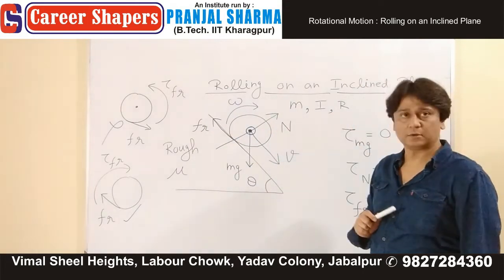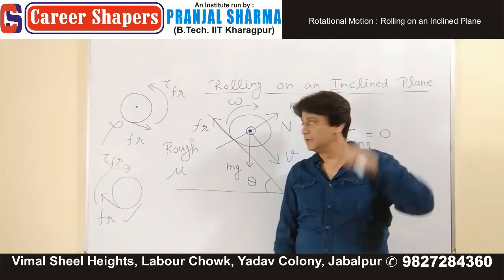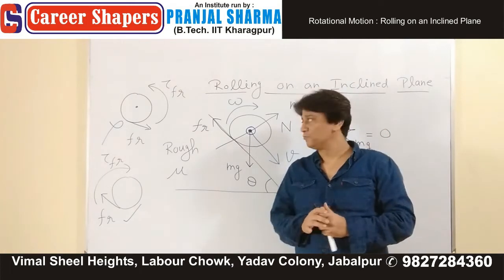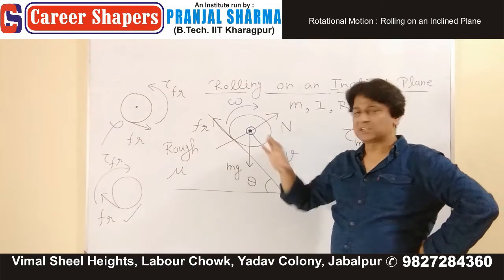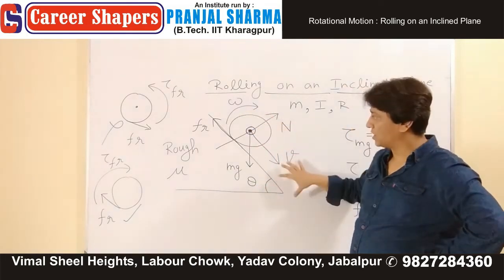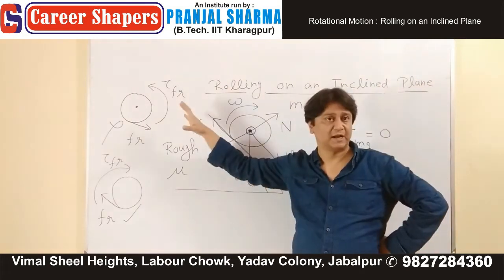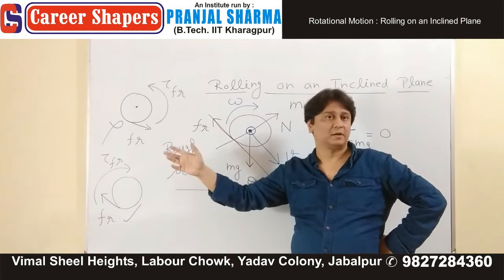Clockwise rotation. We'll see in other examples, but just remember this part. Some of you might think that body is coming down and therefore friction is acting up. But that's not how we